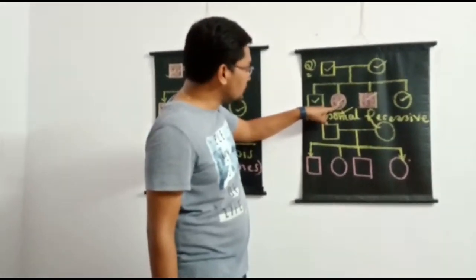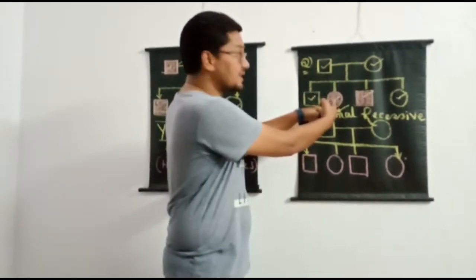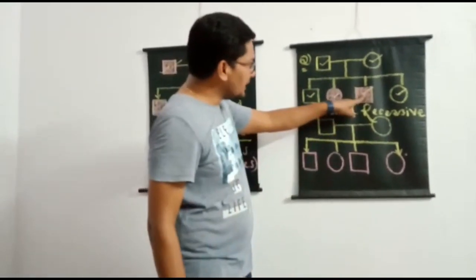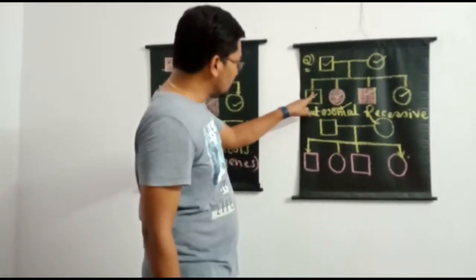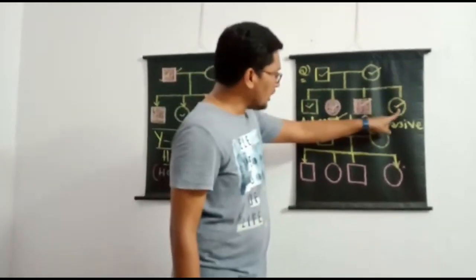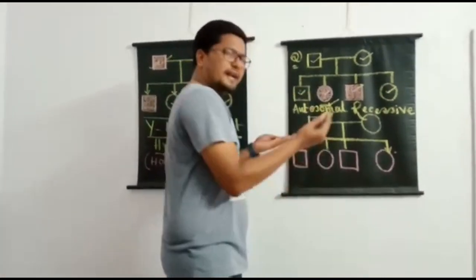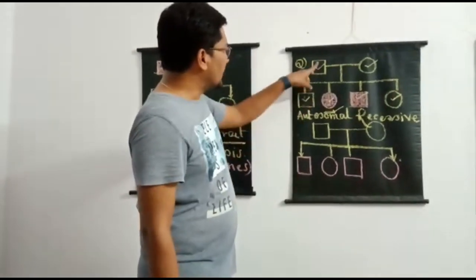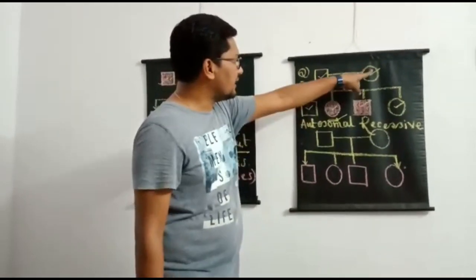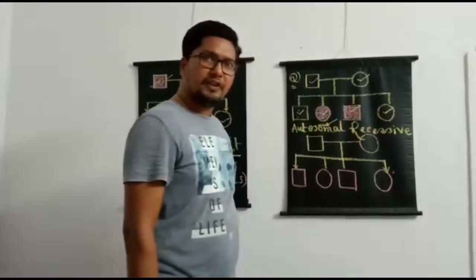So she has become homozygous for the trait. That's why she is suffering from sickle cell anemia, and the same is the case with this male child. But coming to the remaining, here normal male child and normal female child. If you ask me why these two are normal, there is every possibility that this male might have received a dominant allele from father and a recessive allele from mother, and the same is the case with this female baby.